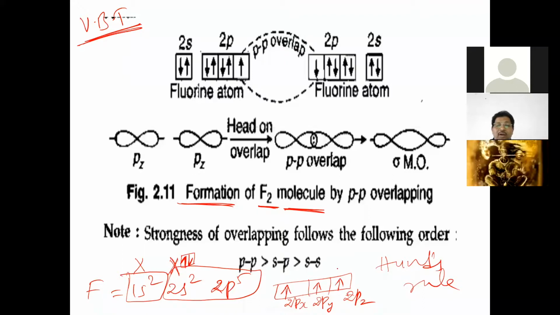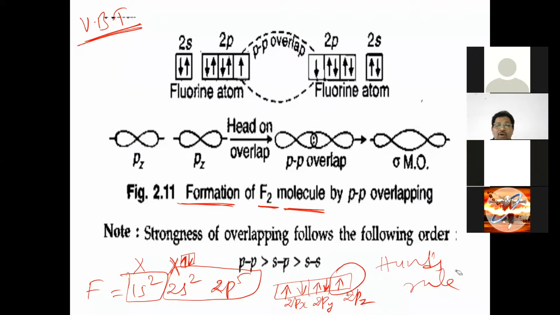Now here the 2pz orbital has an unpaired electron. If only one electron is present in the orbital, it is called an unpaired electron. And what is this orbital called? It is called a half-filled orbital, with one electron. Now tell me, only this 2pz